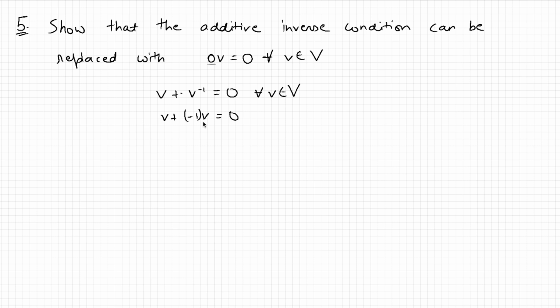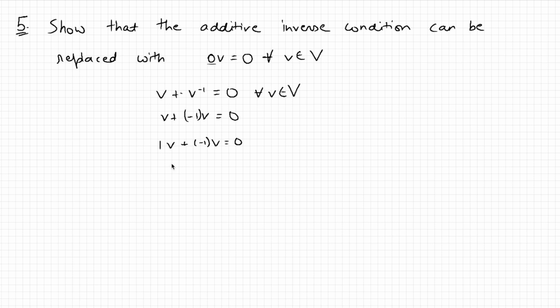Now we can also write v as 1 times v, because this is the multiplicative identity 1. And now we can use the